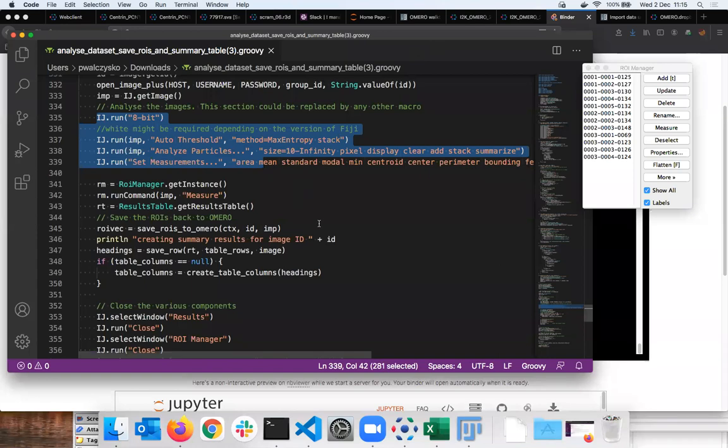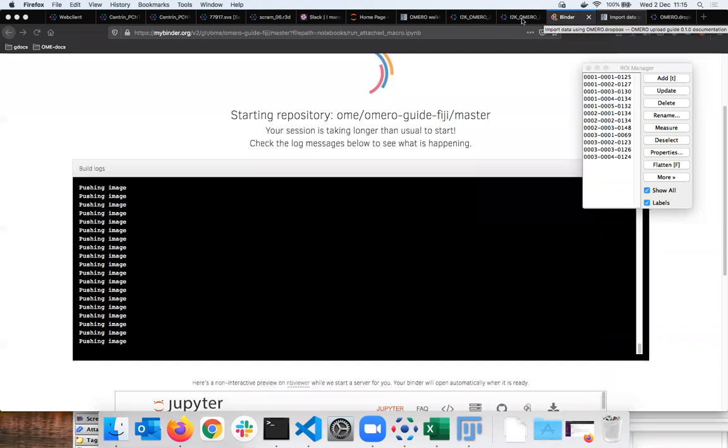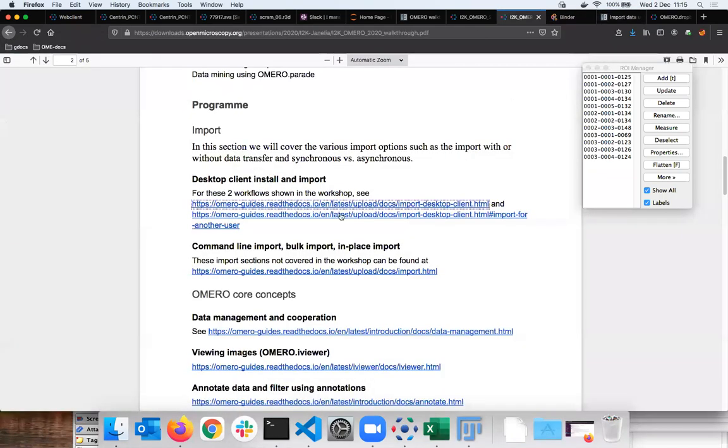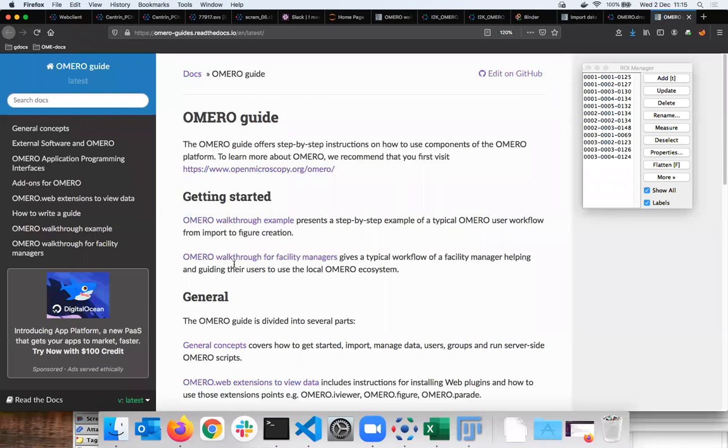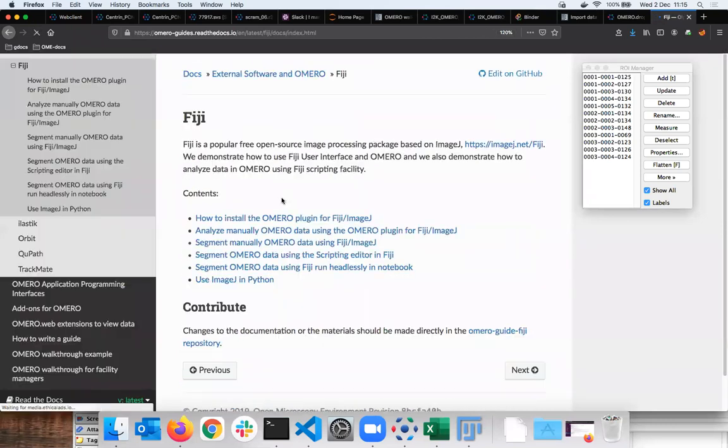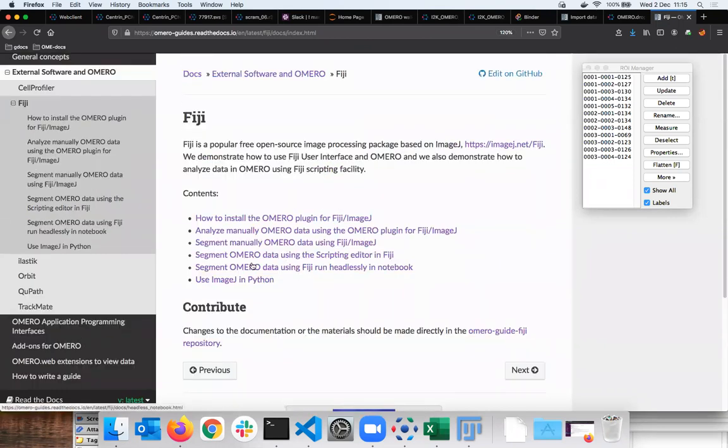The thing is, I don't know if any of you do some scripting, but if not, you might have somebody in your institution, and all those scripts are in the guide. All those examples are in there, so let me put a link in the chat. This is the entry page, and on that page where you see the Fiji icon, the various icons are the various tools we have already integrated with, like Fiji, Elasticsearch Profiler, TrackMate, and others. If you click on Fiji, it gives details of how to run all the scripts and how to write them,